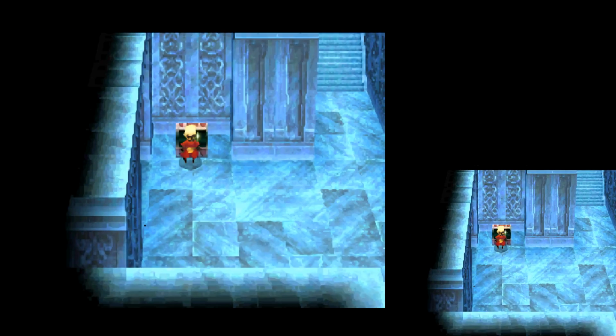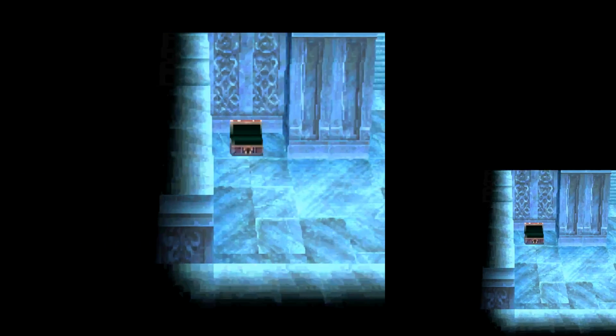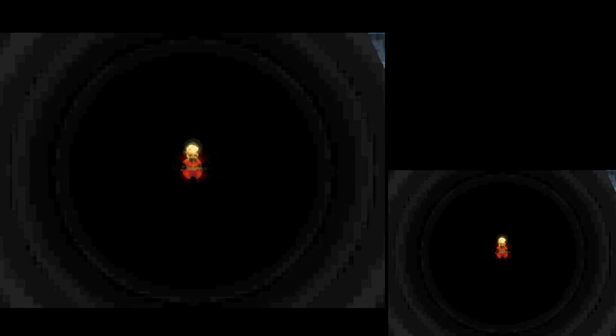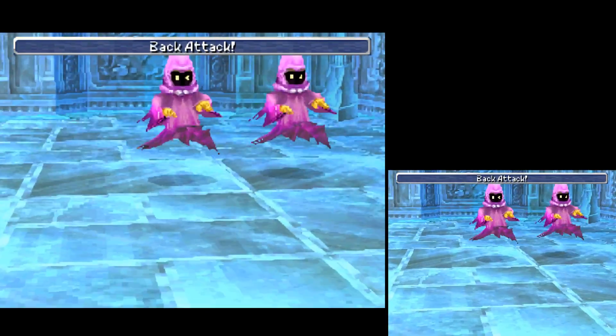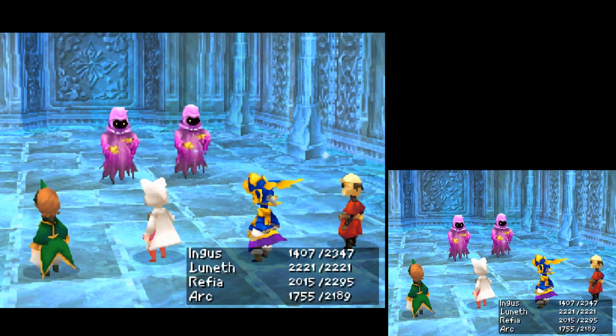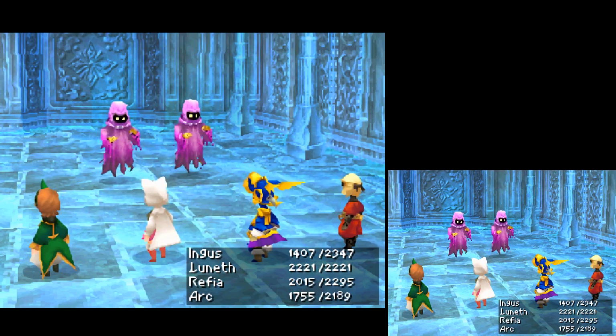Treasure. Phoenix down. Hole in the wall? Saw that. What do I get for this hole in the wall? Oh, these things. Well, they're not that bad. We haven't actually seen them attack yet. What do they do? Blizzaga? I always seem to kill them in 1 turn, so...